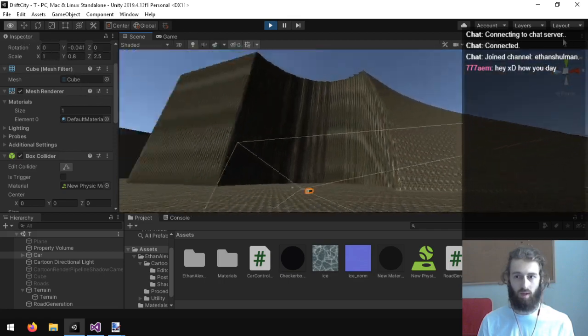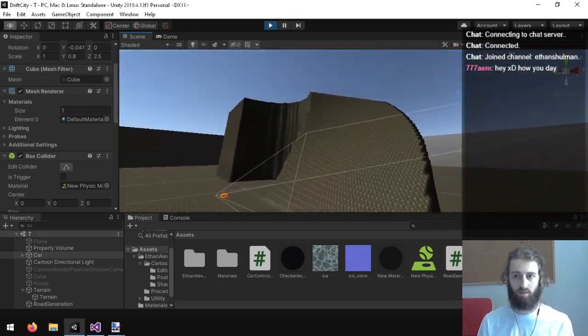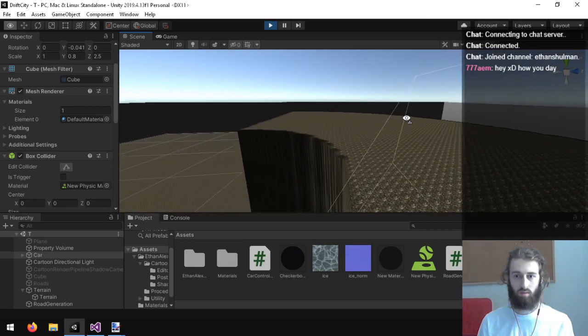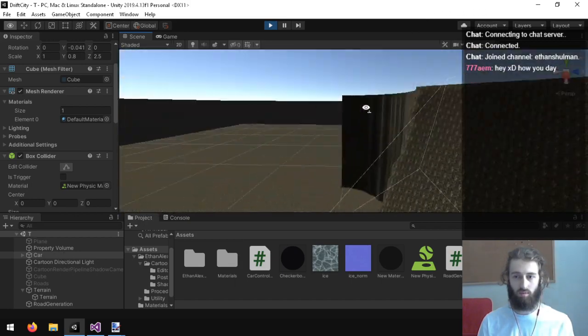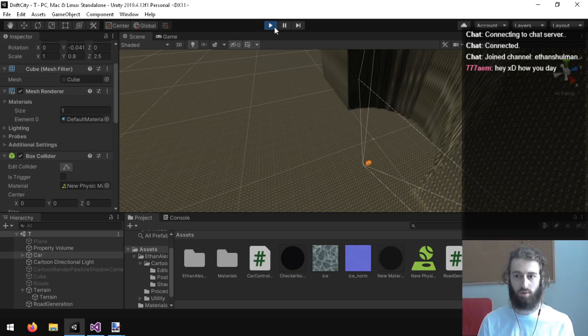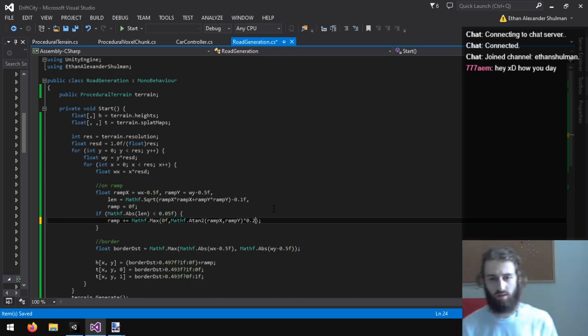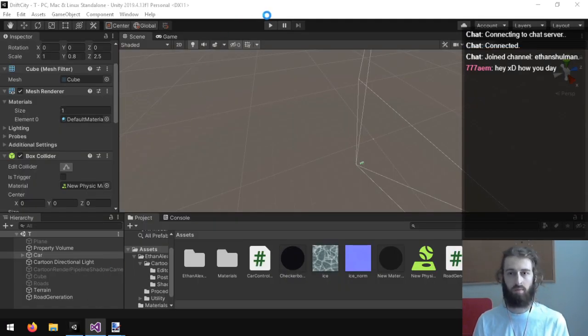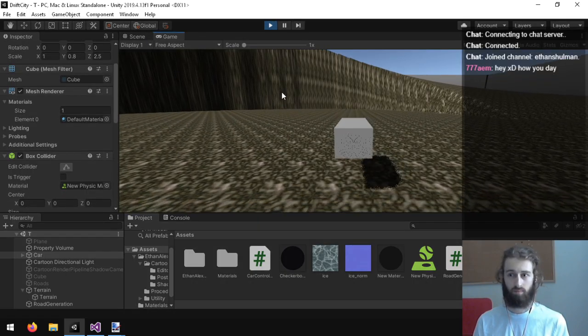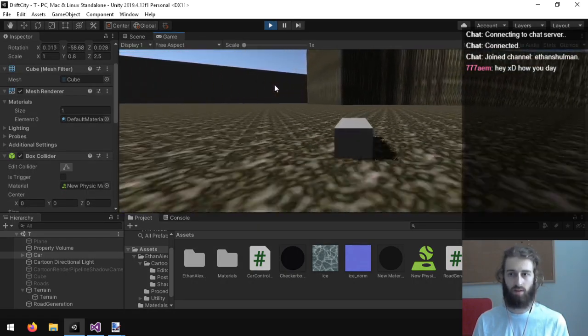There we go, that's a ramp. That is a ramp, okay. It's way too big a ramp, but it is a ramp. So what am I going to multiply this by to fix this? I guess 0.2 will work. Oh, nice. That is a nice ramp.